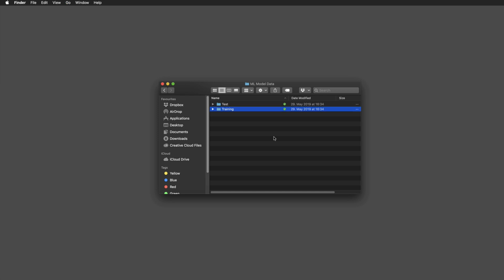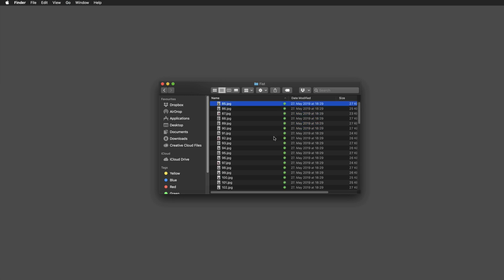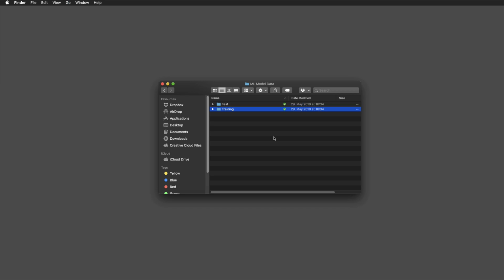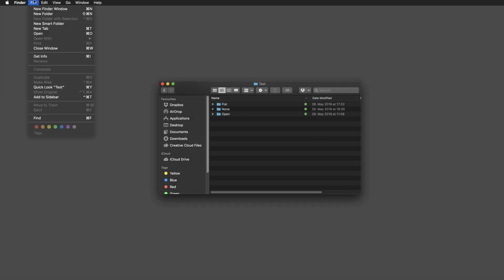And then very important for testing and training is that you get about an 80-20 ratio, so 80% of the images will be used for the training, and this is everything that I put in the training folder, and 20% for testing. And as soon as you have these images, what we can do is create our